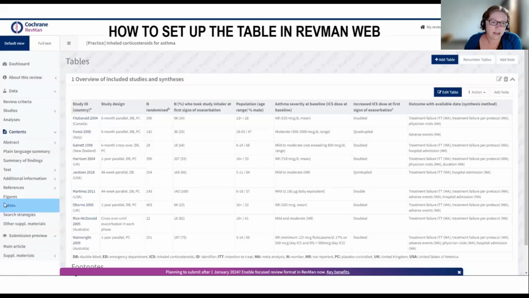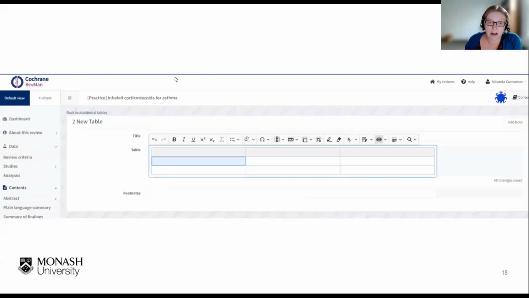So this tables button down here will let you set up a table essentially with any characteristics you like. So just jumping forward, that's what it looks like when you set up a new table, and you can tell it how many columns it has. You can set your own column and row headings. As I mentioned before, it's not limited to having a row per